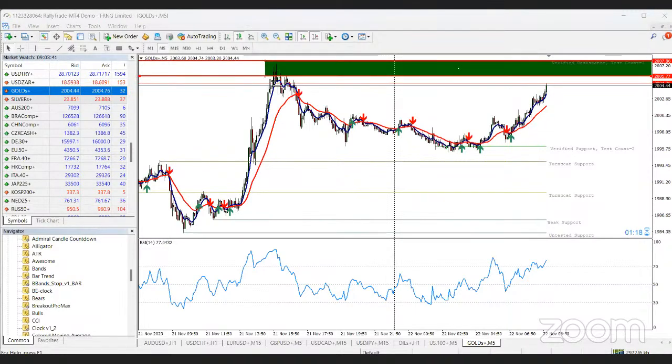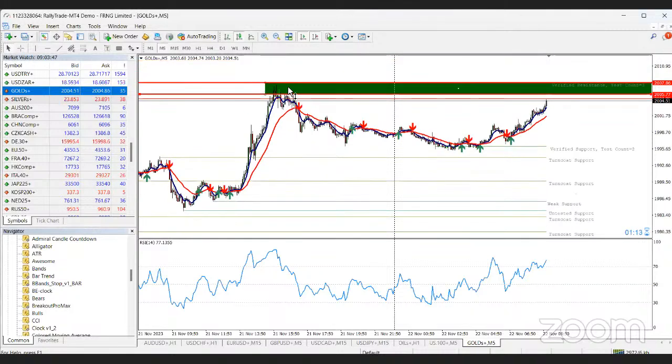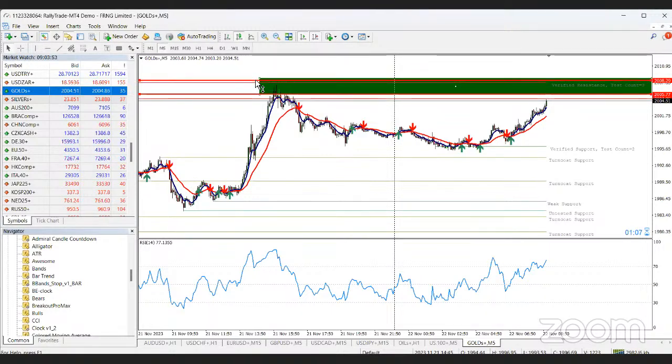Okay. So remember, patience is the name of the game. Patience is the name of the game. Let's wait for price to go above this region. Let me do this so that we have enough time to give it a bit of a reversal. All right. So once price is able to get into this region, it will most likely start to fall. Okay, so we can go for our sells.